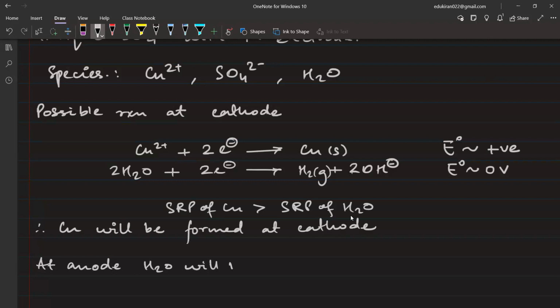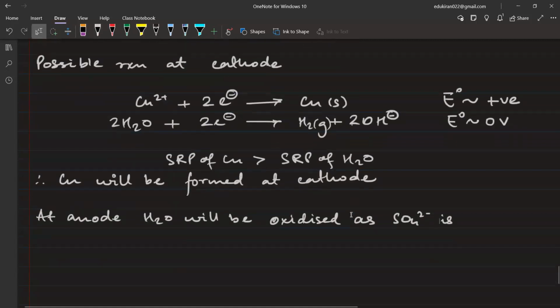At anode H2O will be oxidized as SO4 2 negative is very large, है ना? ठीक है, इसको आप मतलब बेसिकली है तो SRP का भी केस, बट इट इज आल्सो लार्ज, दैट इज व्हाई इट इज आल्सो नॉट गेटिंग ऑक्सीडाइज्ड। सो एट एनोड व्हाट विल हैपन? H2O